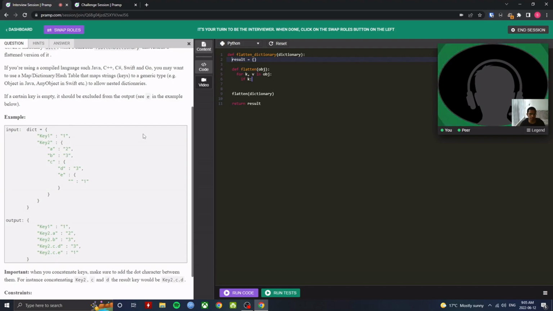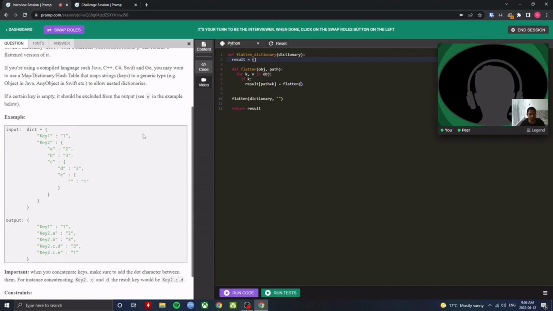So it makes sense for me to pass down the actual key to the flatten object, so I can directly use that and concatenate the keys and the nested keys. First I will pass an empty string that I'm concatenating as path. So if it is a valid key, then in the result of that key, path plus key